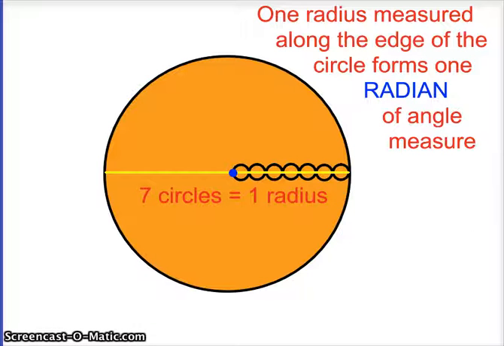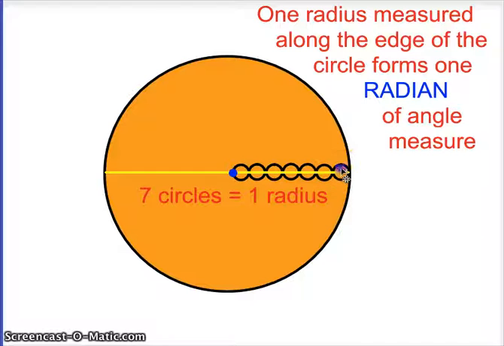In this video, we're just going to explain to you very quickly what is a radian. One of the most difficult things is kind of switching your mind from measuring angles in degrees to measuring them in radians. And realize that 1 radian is defined as the length of the radius of a circle laid on its edge. So right now, if we take these 7 circles that are forming the radius of this larger orange